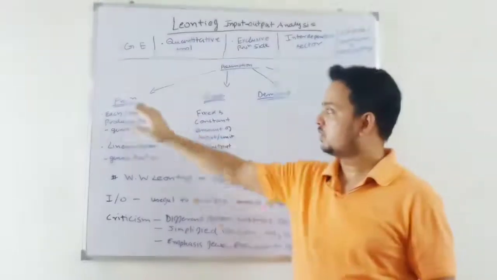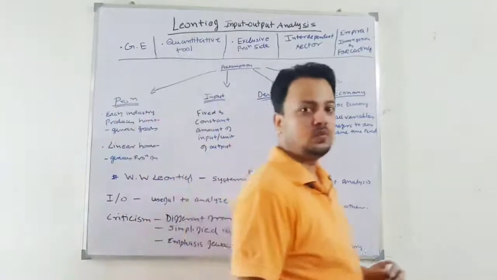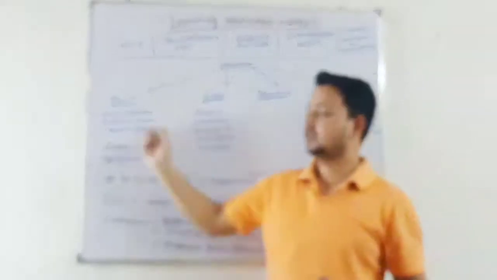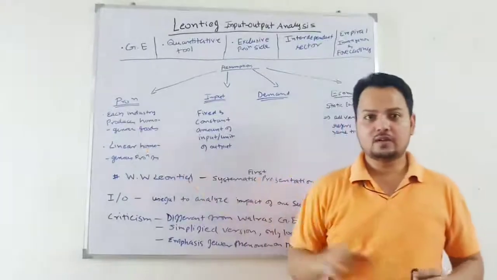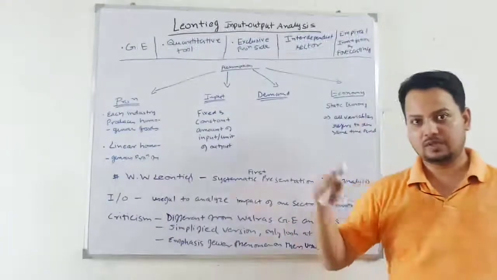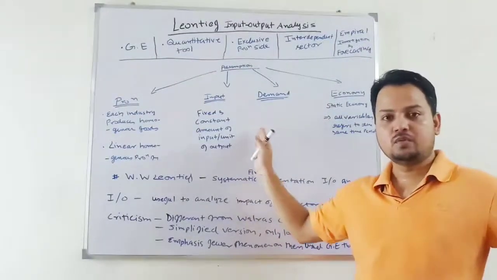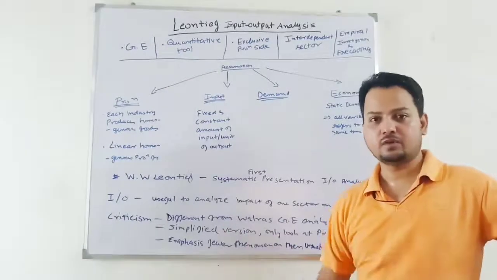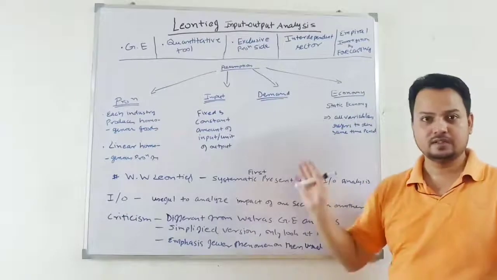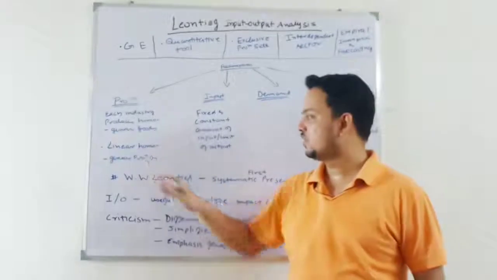On the production side, the assumption is made that each industry produces a homogeneous good. So we are looking at industries that are making homogeneous goods. It is not like monopolistic competition, where there will be product differentiation. If you have an industry for good X, all the firms in that industry are making the same, identical product. That is the market structure in the background. And you have a linear homogeneous production function.